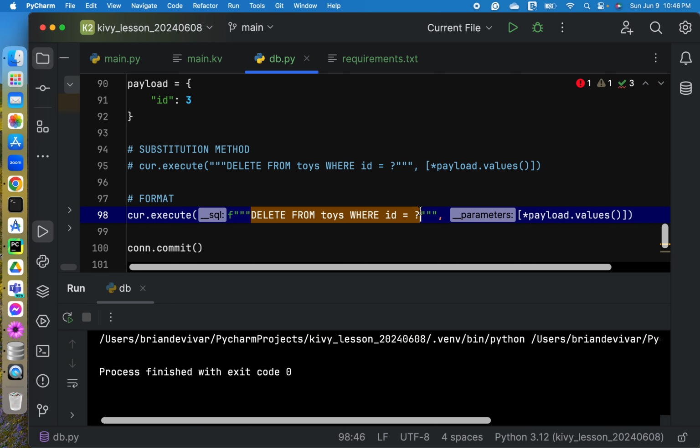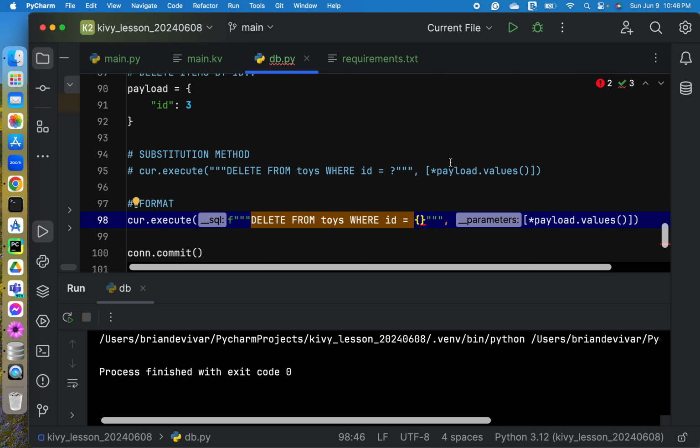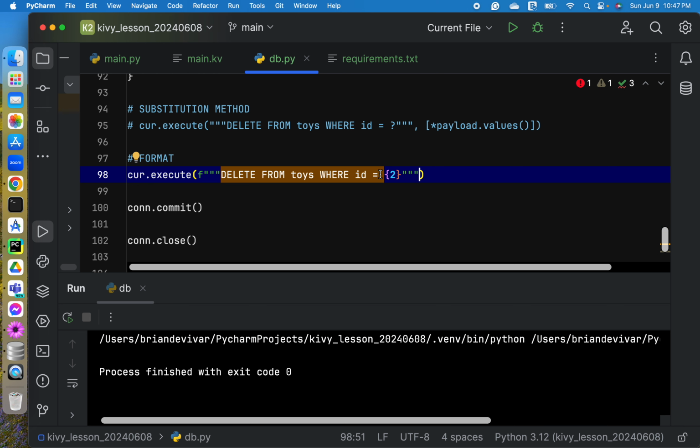Okay, so we can also do this. So let's say 2, and we don't need the second parameter.